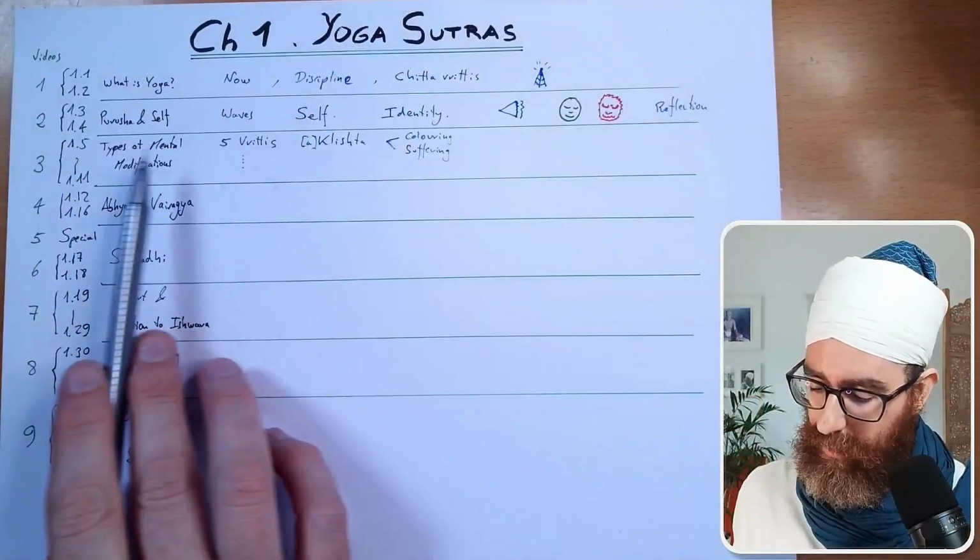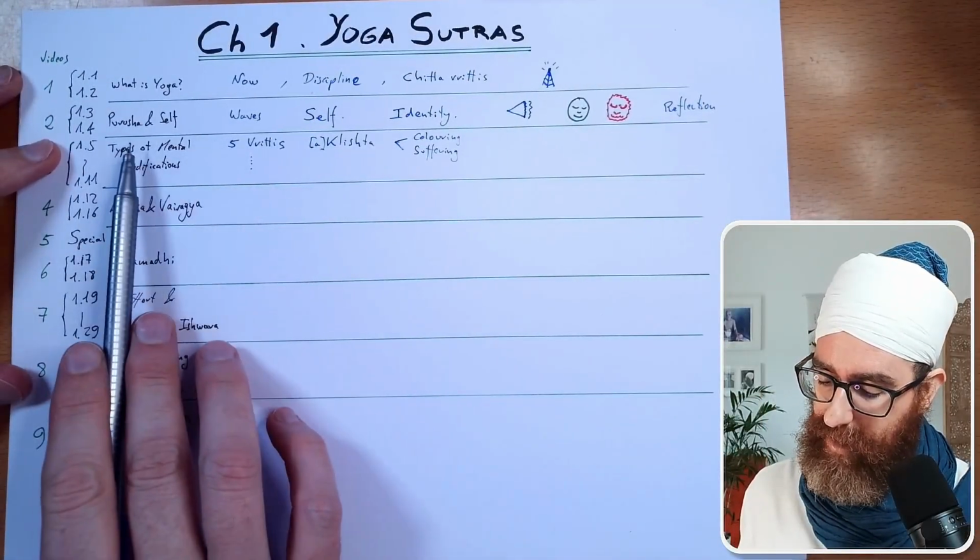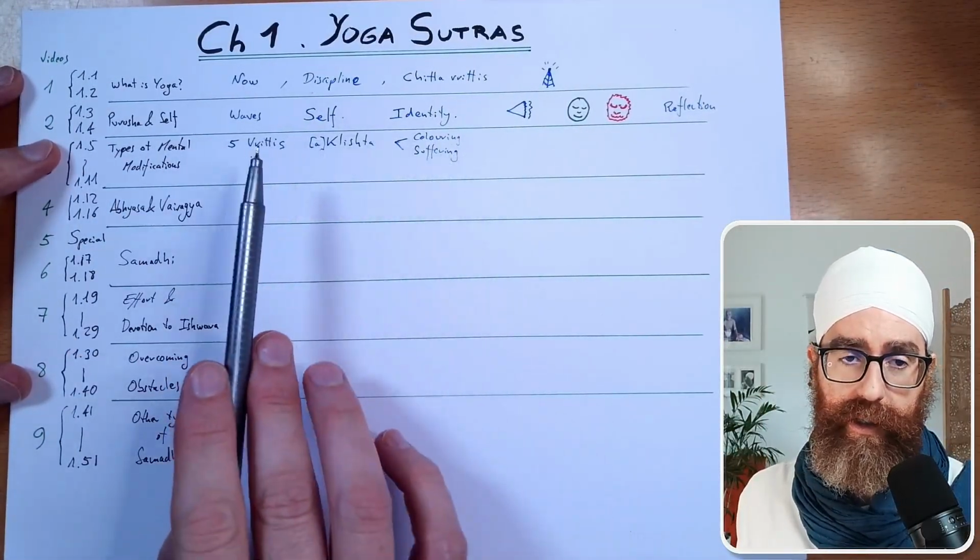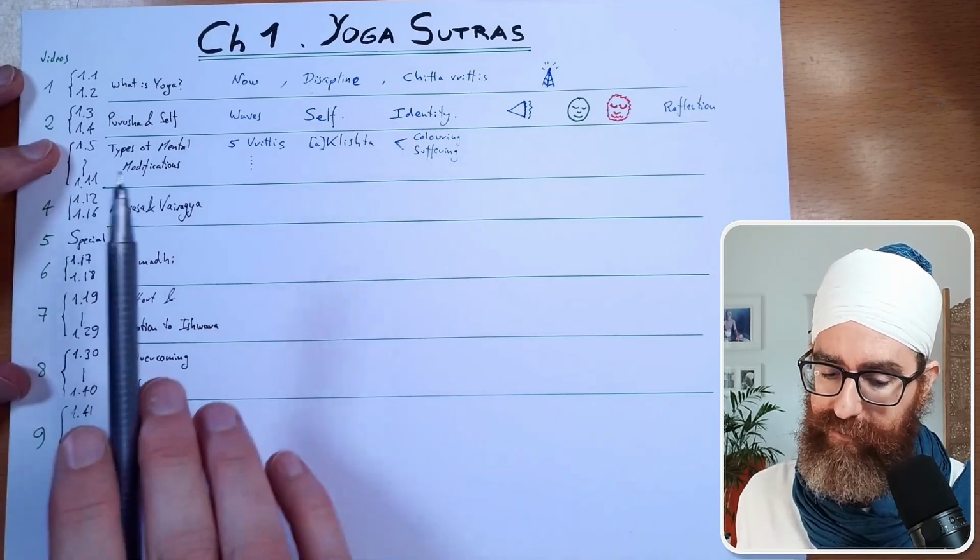Just like one of the definitions we were having of yoga is a discipline. Yoga is a discipline. It means some effort, as you know. Later on, Patanjali also tells us about this effort. So 1.5 was this: the vrittis can be colored or uncolored. They can be suffering or not suffering.